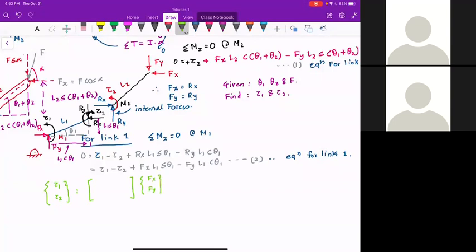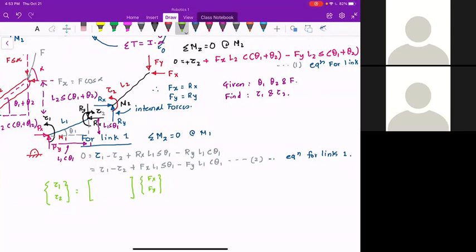Some of you may say it looks a little complicated because these equations seem to be coupled, and you would be correct that indeed they are coupled,